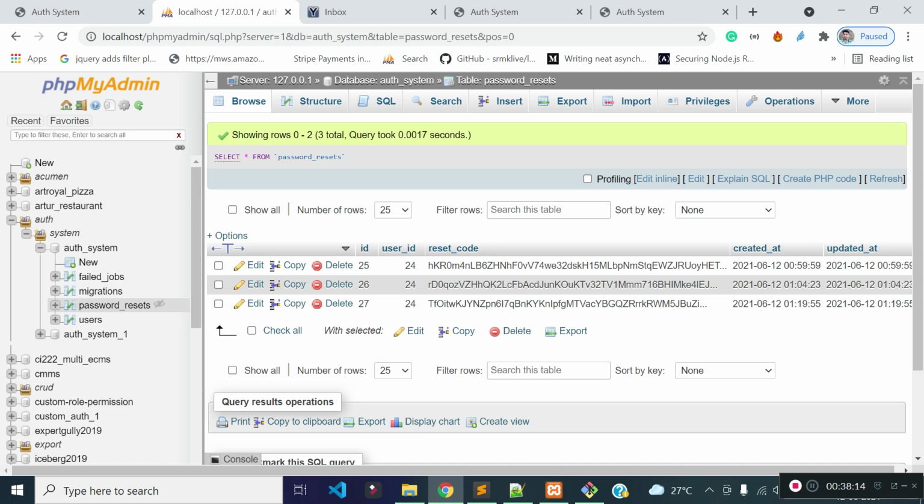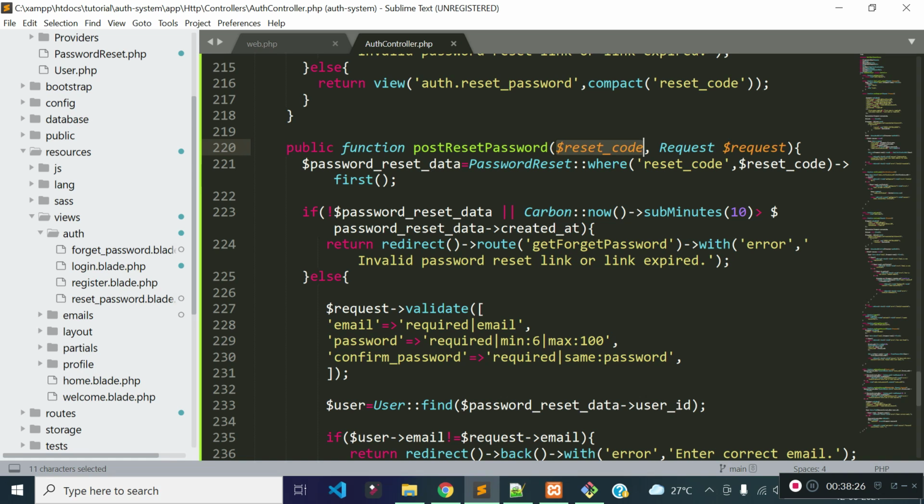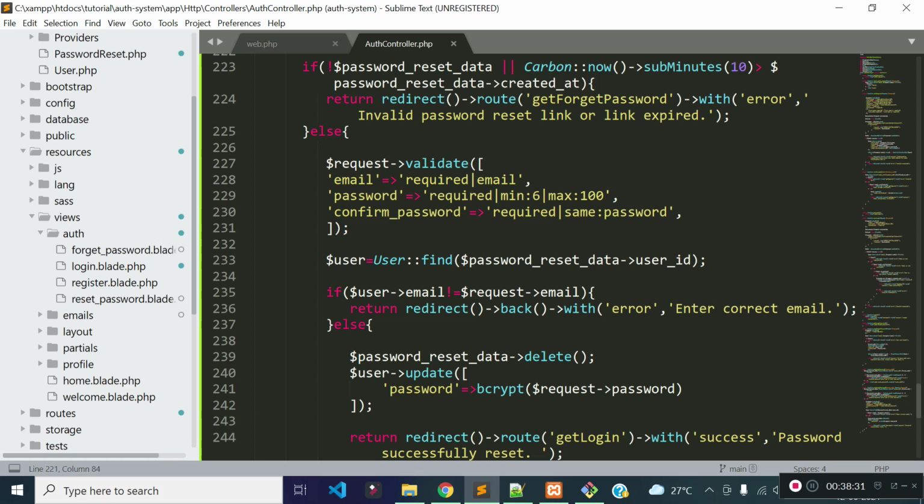We are querying this password reset table with this reset code, and if there is any record, we are taking the first record. That means only one record will come, and we are getting this user ID inside this password reset data object. Okay, and we are finding user data from the users table, and we are storing it to the $user variable.